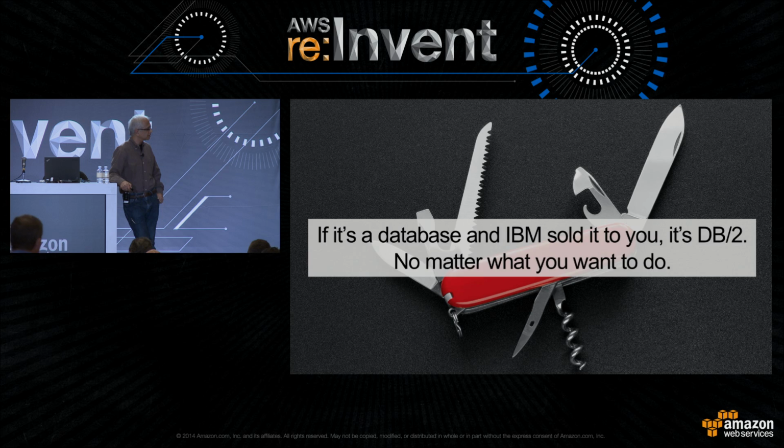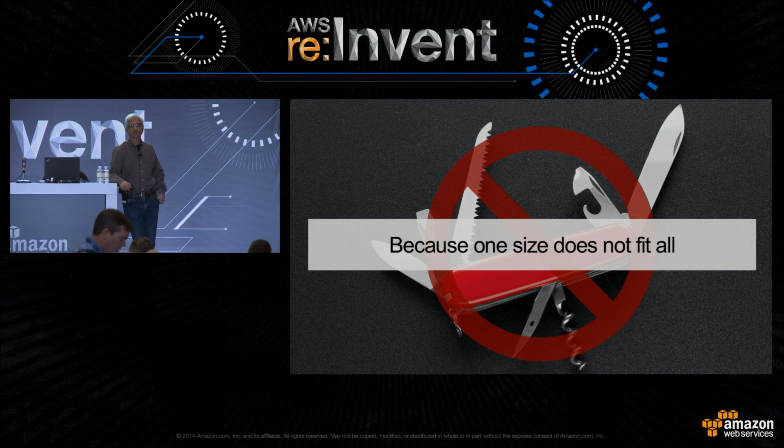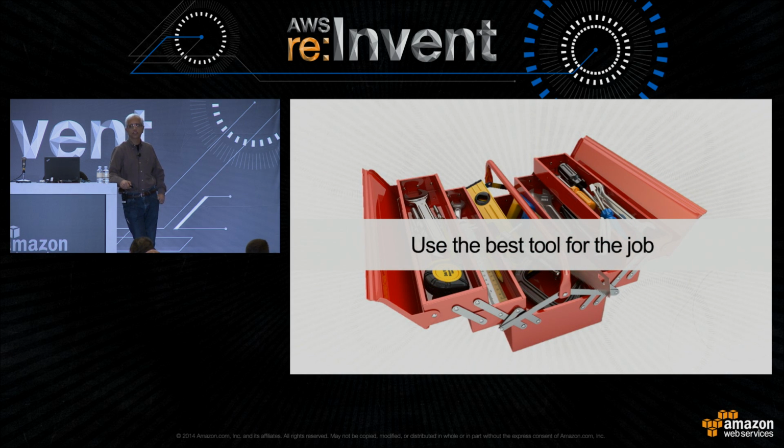So the reason is that we think that one size doesn't fit all. Today, in a connected social mobile world where there is a tremendous amount of data being generated, especially with Internet of Things and devices that are connected, it's just not possible to use one database for all use cases. It really makes you like a jack of all trades, a master of none. Whereas I think it's better to give you a solution that's optimized for your use case. So try to give you the best tool for the job that you have at hand. And we'll go into these 4 services and where you should use which one to some extent.